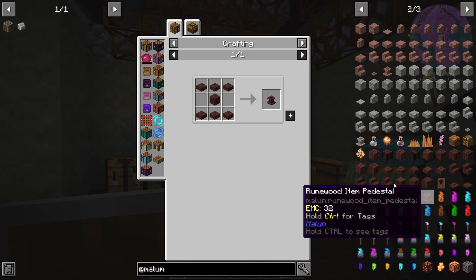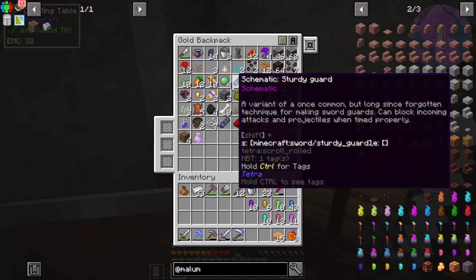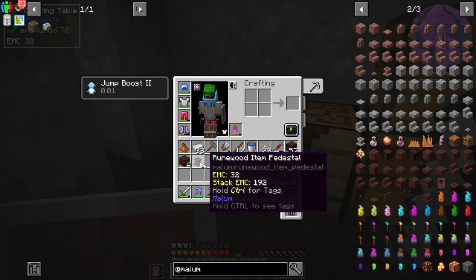But the next thing that we're going to want to do is make some runewood item pedestals. And we are also going to want to make the altar. So, let's go ahead, get that. Now, I don't believe...